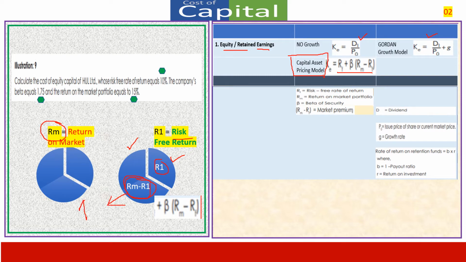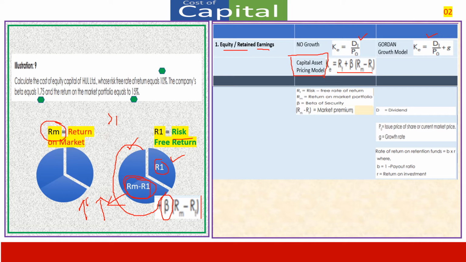This is directly related to risk. Higher the risk, higher the return, and lower the risk, lower the return. And if the risk is too high, it may also be going beyond this circumference. It may bloat. Therefore, what extent of risk a company or a firm runs is indicated by beta. The beta may be less than 1, equal to 1, or greater than 1. If it is greater than 1, it means it is higher than the market risk. If it is less than 1, it will get only a part of this.